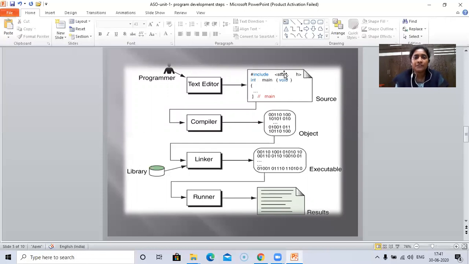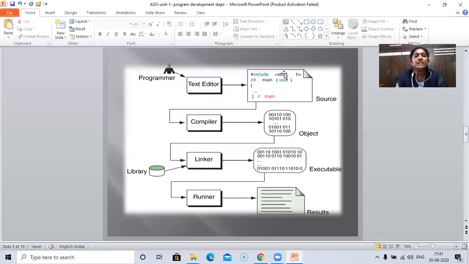Now this object file will be taken as the input by the linker. The linker is the program which loads the code of the header files, like printf and scanf functions, and incorporates it into your program.